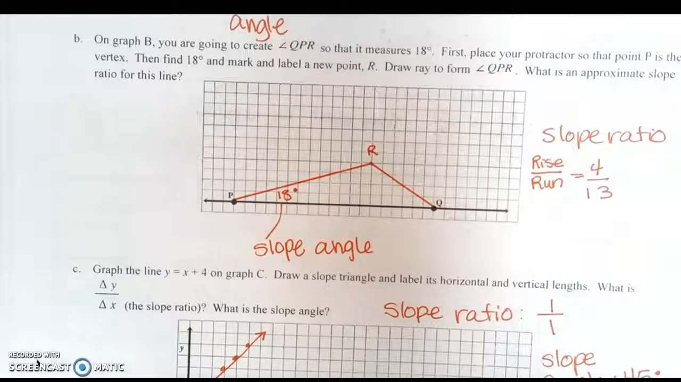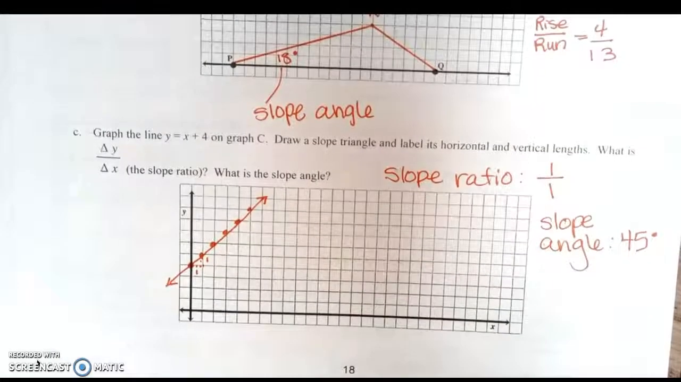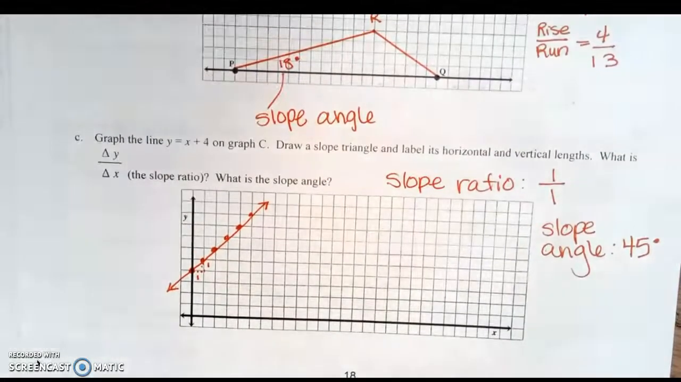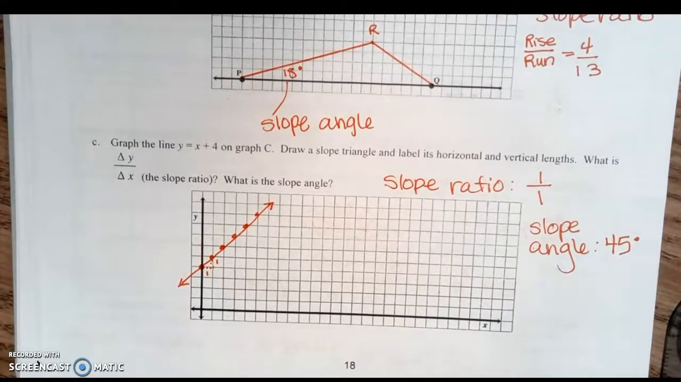Okay, one more. Part C, as in cat, says, graph the line y equals x plus 4 on graph C. Draw a slope triangle and label its horizontal and vertical lengths. What is